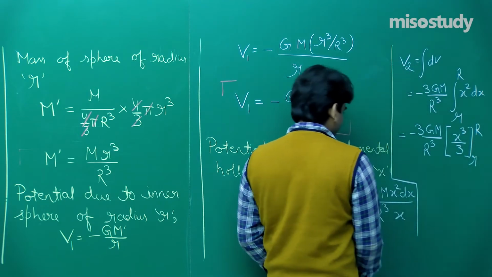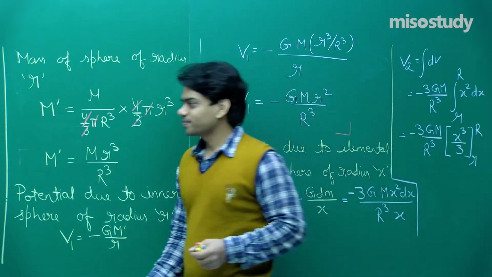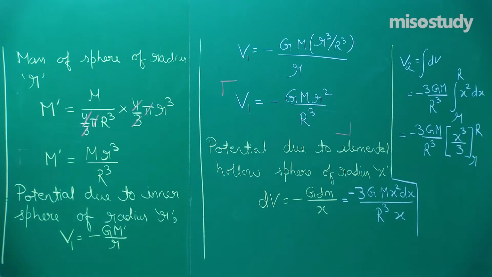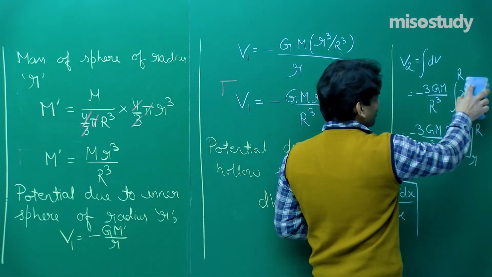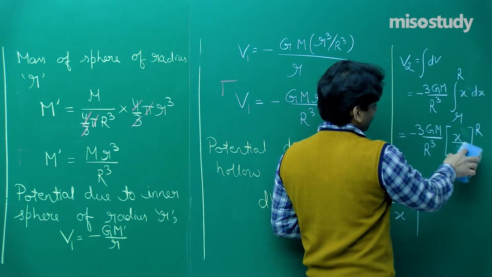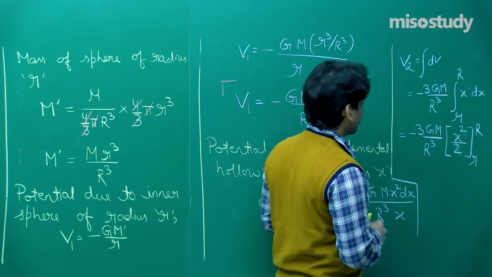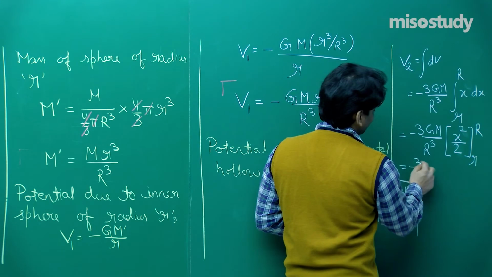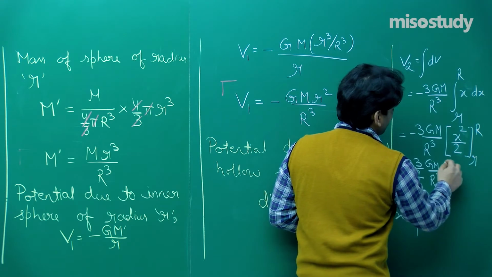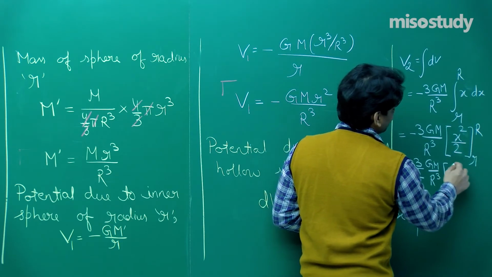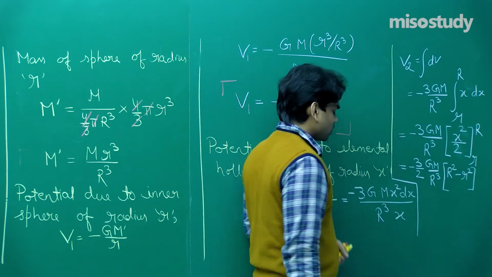You see we have got less space here. Let me write at the other portion. I want you all to note down till here. I will start from the other end. Okay, now one more thing. I know that you would have noticed that I told you 1x and 1x will be cancelled out, so we should be left with only x. So let me mark here x, and this will come out to be, just change one thing, it will be x square by 2. Now the final formula will come out to be minus 3 by 2 GM by r cube multiplied by, substitute the limits, R square minus r square. This is the value of the potential, and this potential is V2.